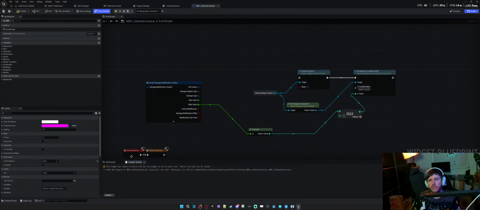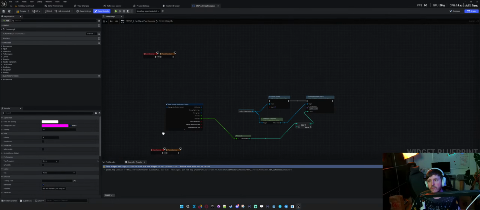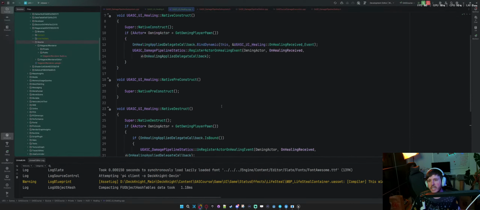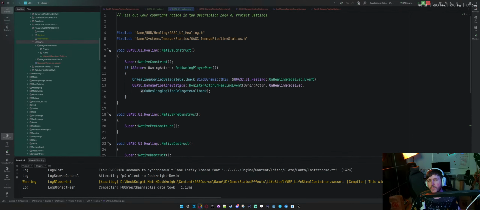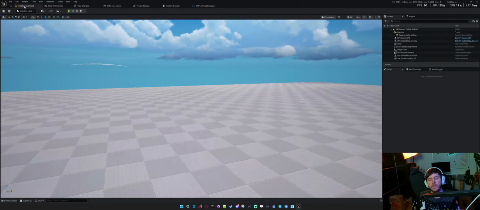It all compiles. It says this widget may require a native tick, so it's still saying that. I wonder how I can get rid of that. Is there a way to handle that? I don't know. Okay. Nothing to worry about. Everything is fine.